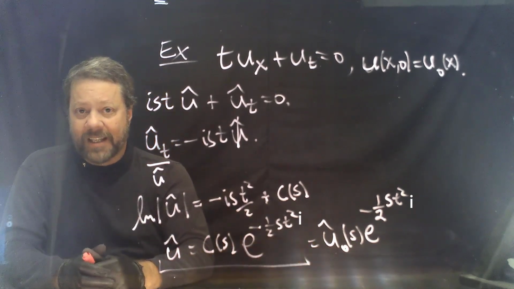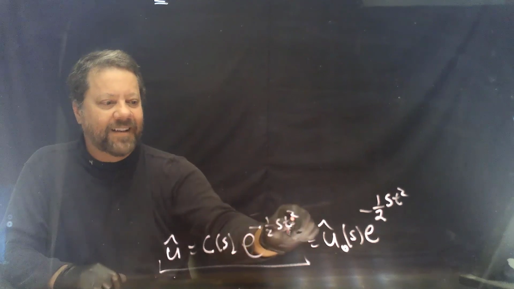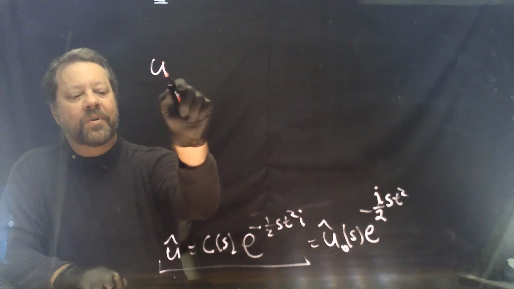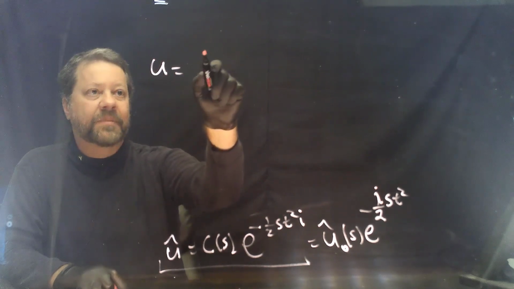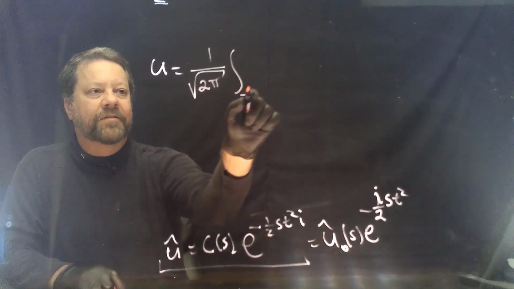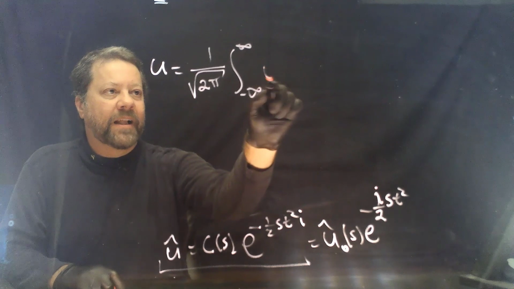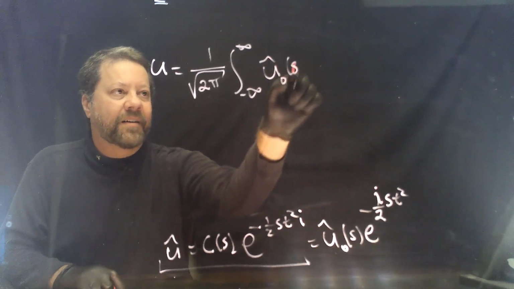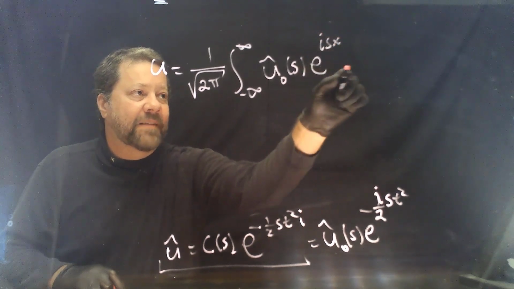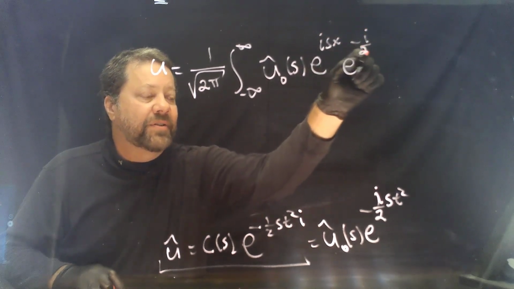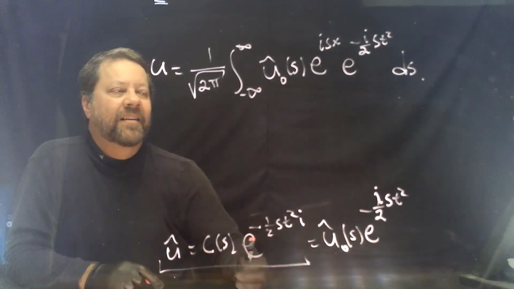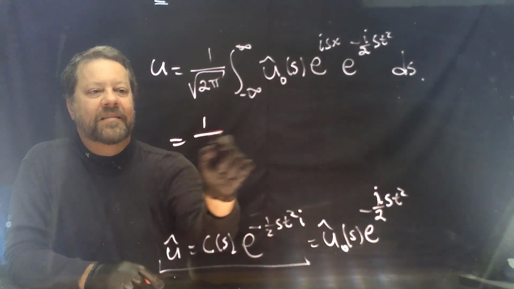We just need to calculate the inverse Fourier transform. And I left off the i's on each of those, but u will be the inverse Fourier transform, which is 1 over root 2 pi integral from minus infinity to infinity. We'll have u hat naught of s e to the positive isx times e to the minus i over 2 st squared ds. And you can see then